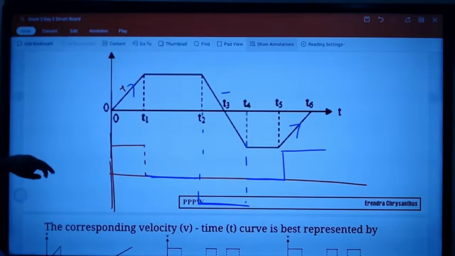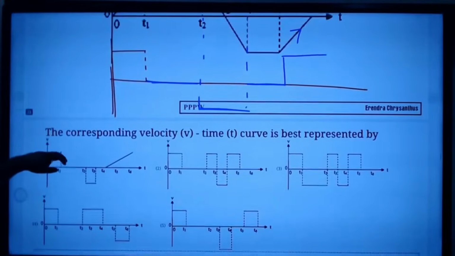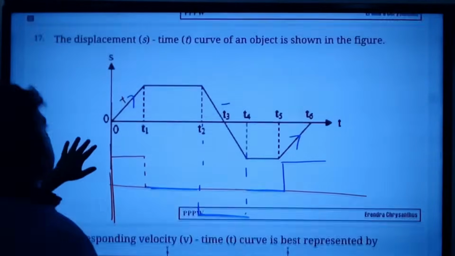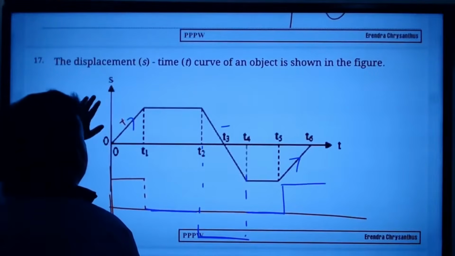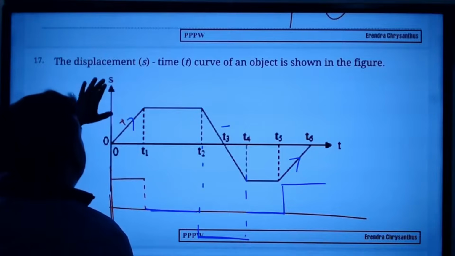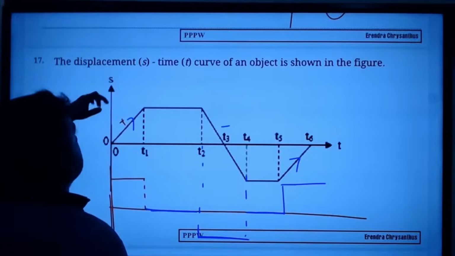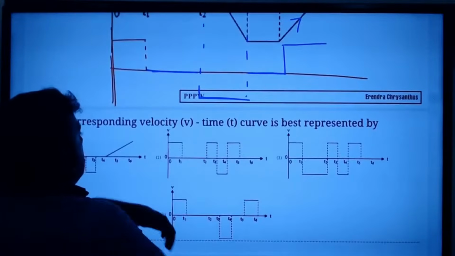Where is this graph? Find that graph. They want the VT graph. I'm sorry, I thought this VT graph is the acceleration graph. So right, constant velocity. Yes, this is the ST graph. Okay, right. So here we have